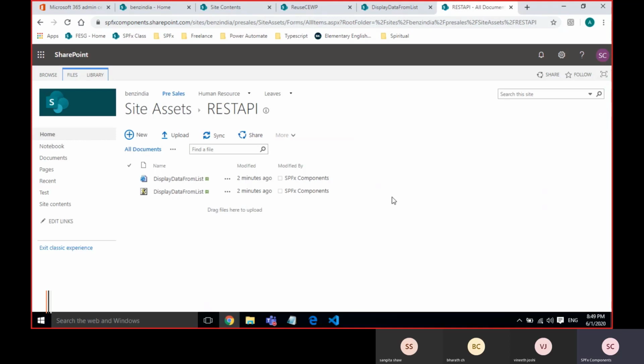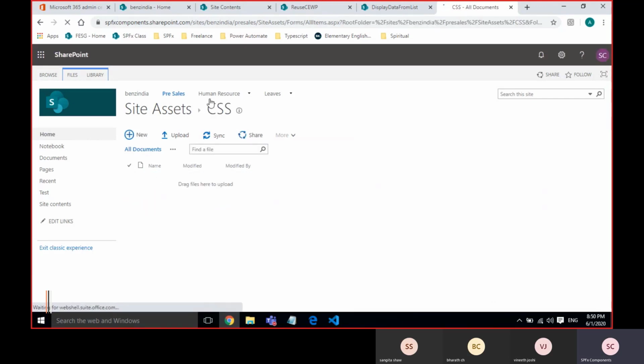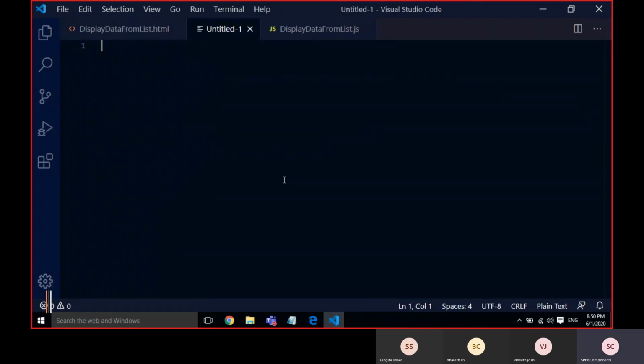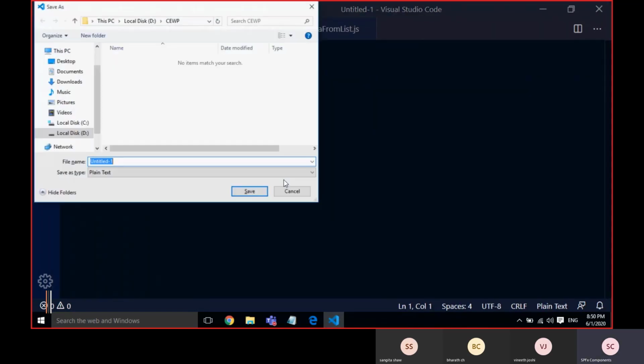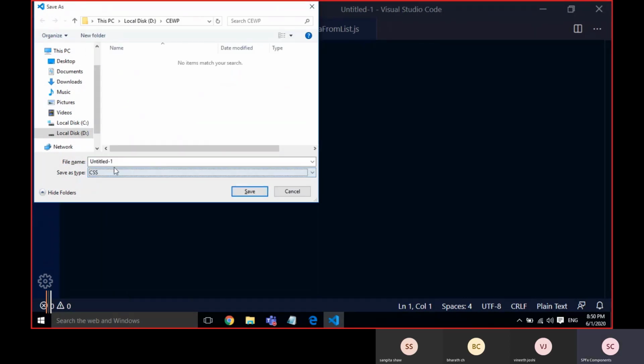So I'll just add simple CSS. As of now, this is empty. Taking a new file, saving initially, and taking CSS.